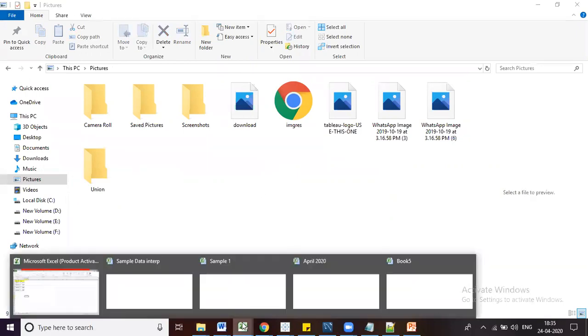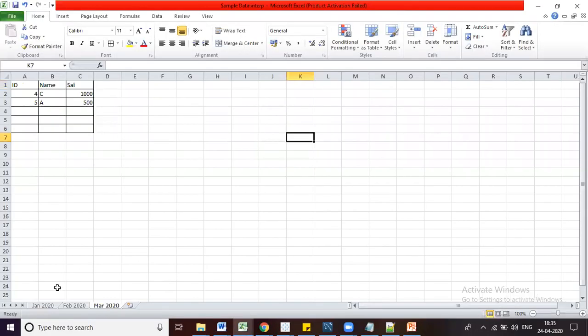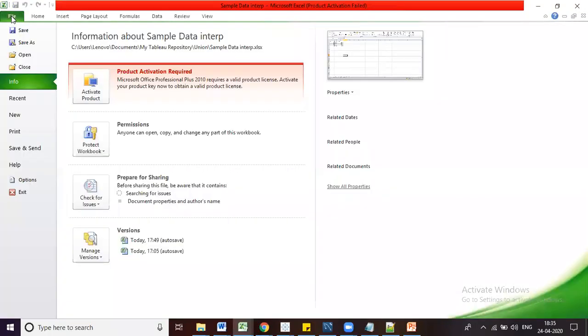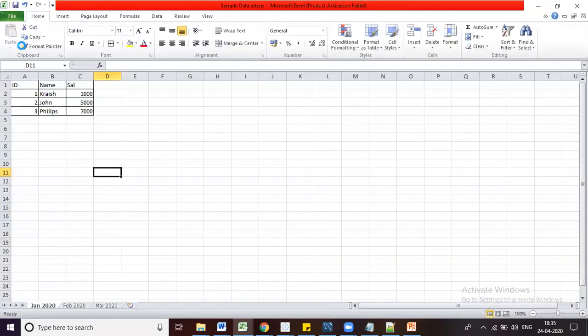For this I am going to use a file called sample data interpreter. Observe here, we have three tabs with the names January 2020, February 2020 and March 2020. I am going to use this file. For that I am going to save this file in the folder which I have created now.